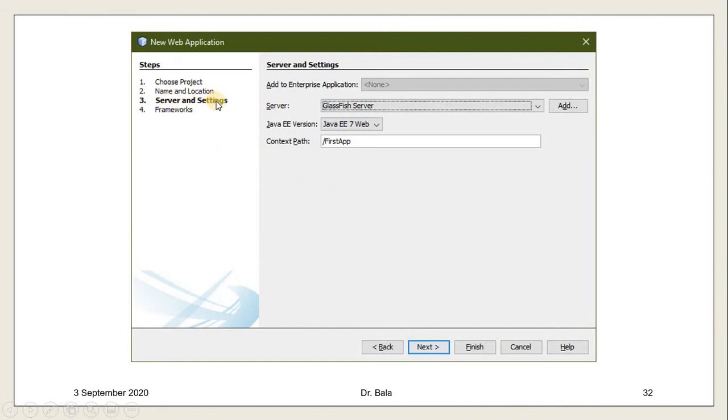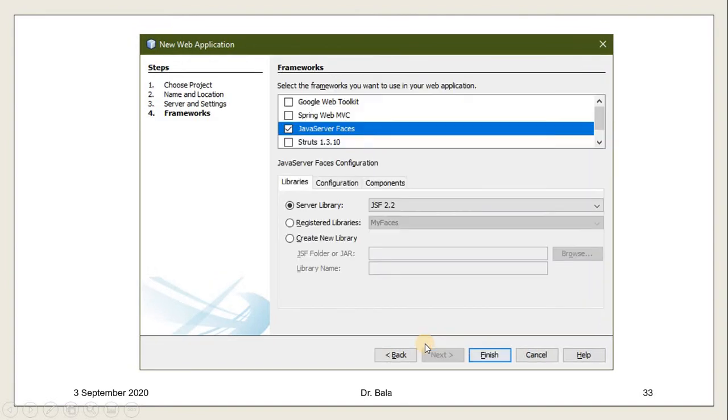Once you select next, we are going to select the server settings. All the servers that are installed will be available here, in which we are going to select Glassfish server. If the server is not found, we are going to click on the add button, and we will select the server that is installed in the computer. And we will select enterprise edition version. If I say 7th version we are going to work, or if 8th is installed, we are going to select 8. And this automatically appears, need not worry about this, and we are going to say next.